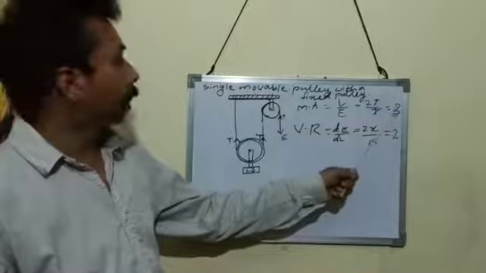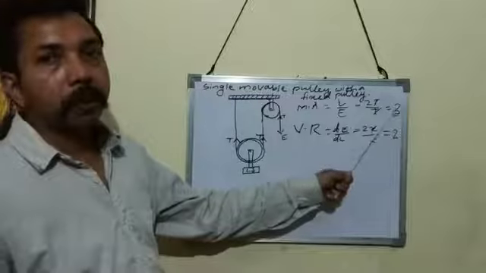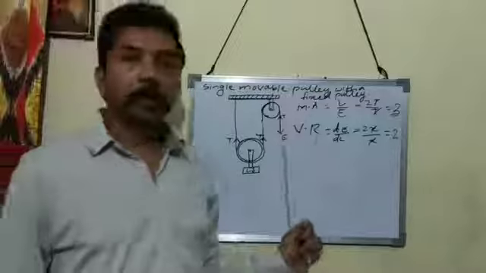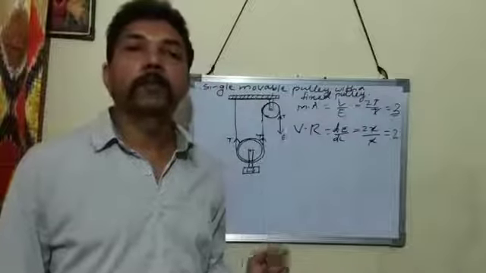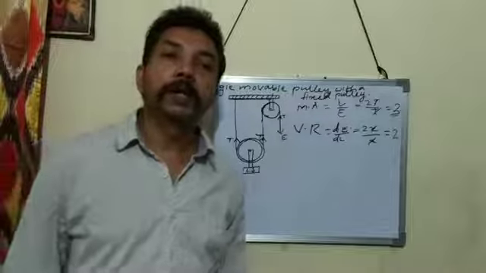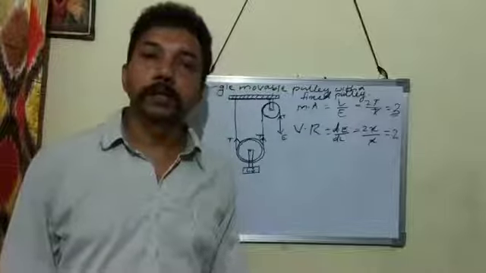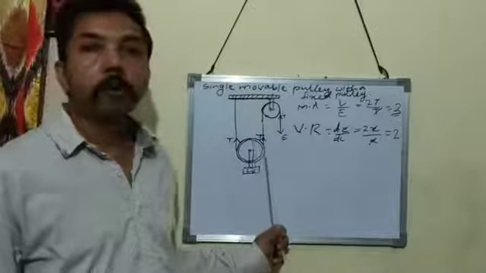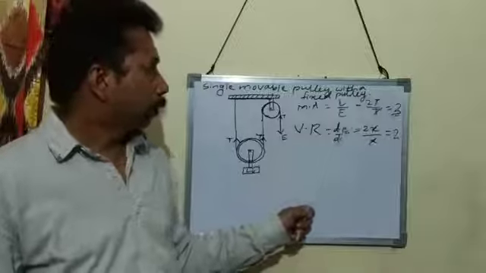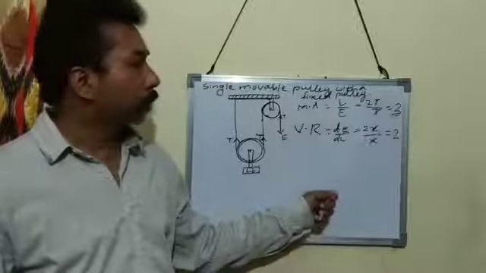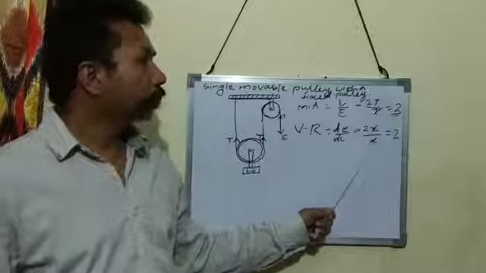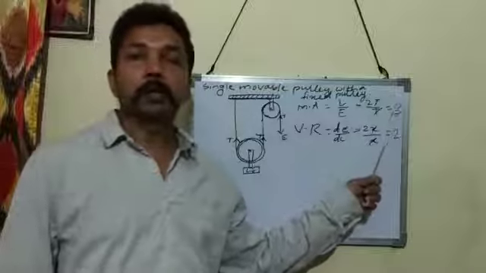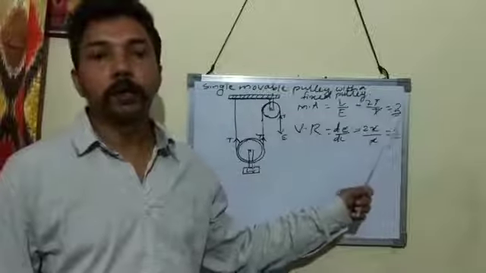The mechanical advantage of a single movable pulley along with the fixed pulley is the same as that of a single movable pulley. This one also acts as a force multiplier. Here also, whatever we gain in force, that much is lost in distance. If we move the effort by 2 meter, the load will move up only by 1 meter. If displacement of effort is 2x meter, then displacement of load is x meter, so 2x upon x is equal to 2. Mechanical advantage is equal to 2 and velocity ratio is also equal to 2.